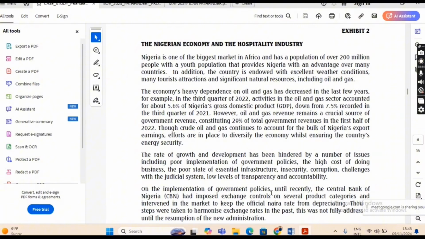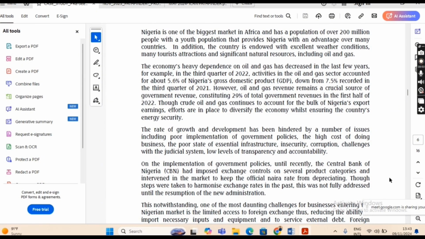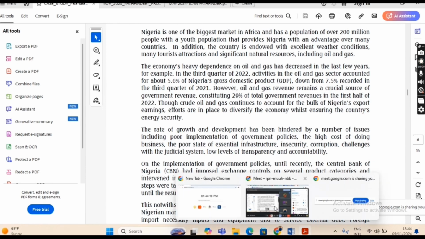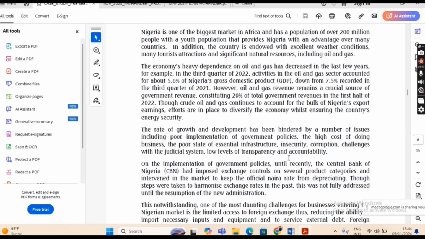Okay, please go ahead. On the implementation of government policies, until recently, the Central Bank of Nigeria had imposed exchange controls on several product categories and intervened in the market to keep the official naira rate from depreciating, though steps were taken to harmonize exchange until the resumption of the new administration. Okay, for the new